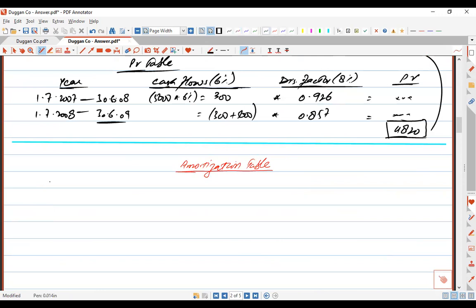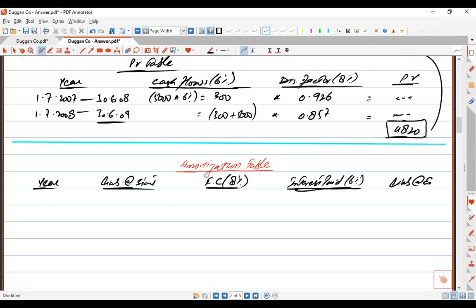The headings of this table are: liability at start, then finance cost, which is to be calculated at the market rate, effective rate 8%, and the actual interest payment, you are paying interest at 6%, and finally the liability at end. By the way, even if you don't calculate the liability at end, that is okay, because we are not going to prepare a balance sheet in this question.